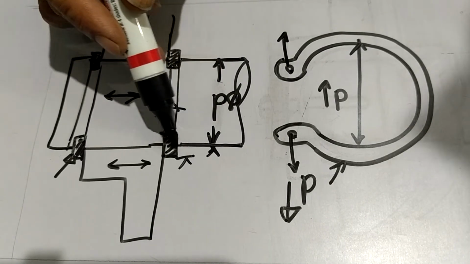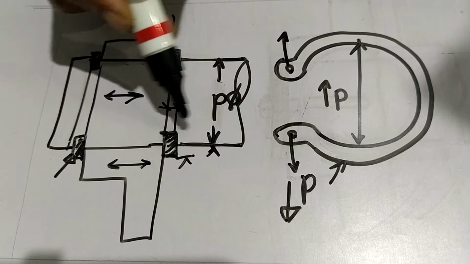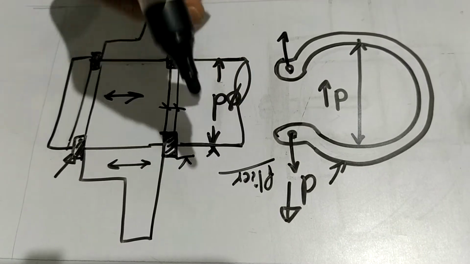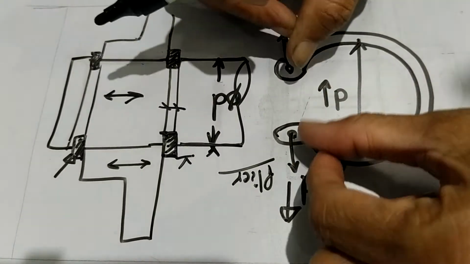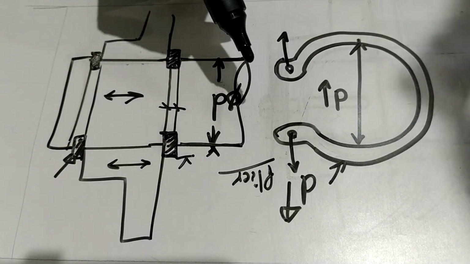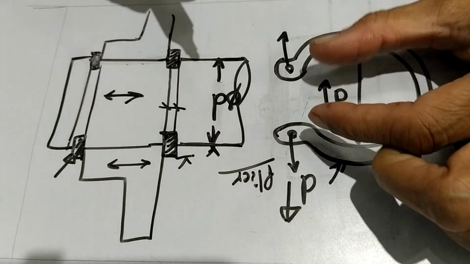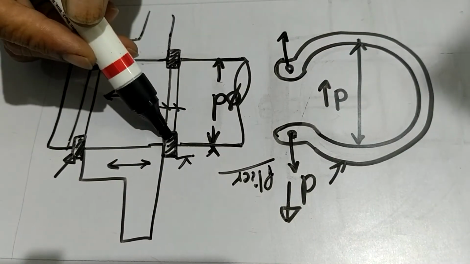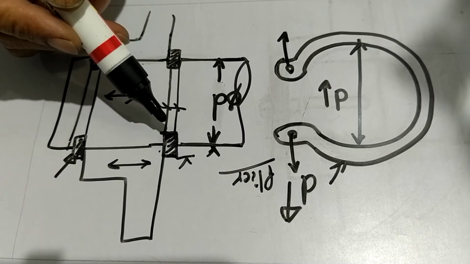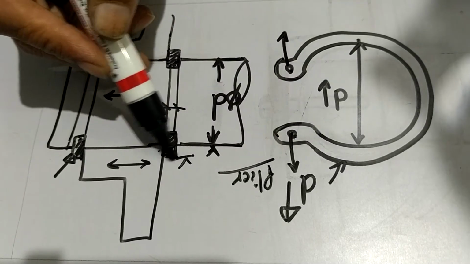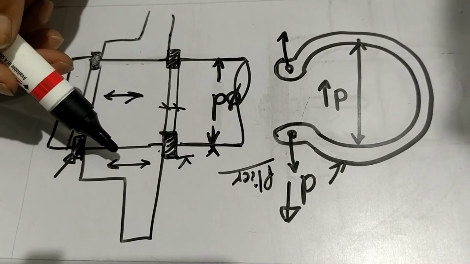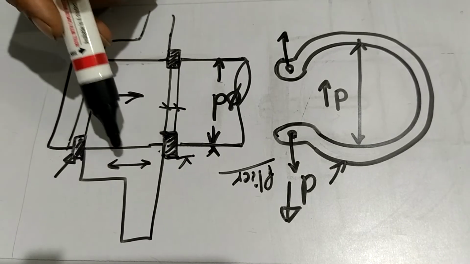You can move this circlip forward, and once it reaches the groove, you have to remove the plier. There is one plier here. So plier is a tool with the help of which you can open this circlip. Once this circlip reaches this groove, the plier is removed, so that the circlip, it is like a spring, again gets compressed. Once it gets compressed, it sits into this groove, and now it will not move here and there. Its outer diameter is going to prevent the disc or gear, whatever you fit here, from moving in this direction.